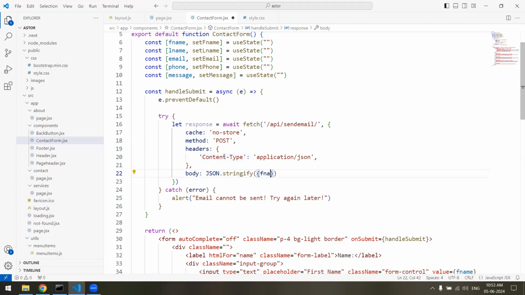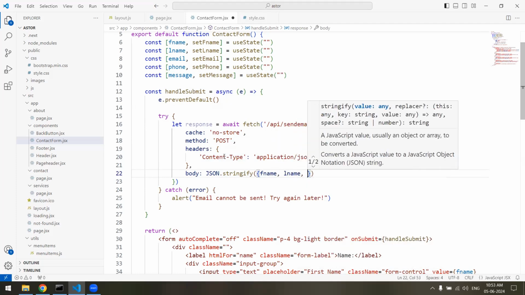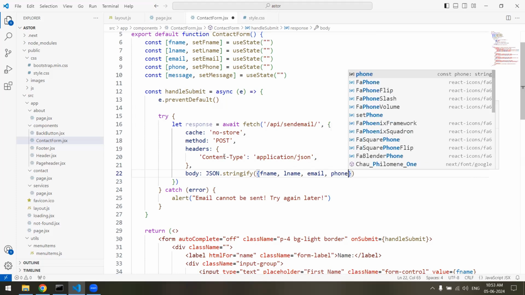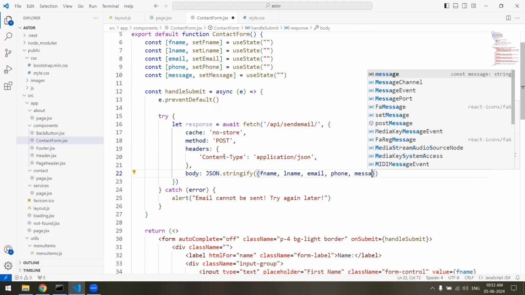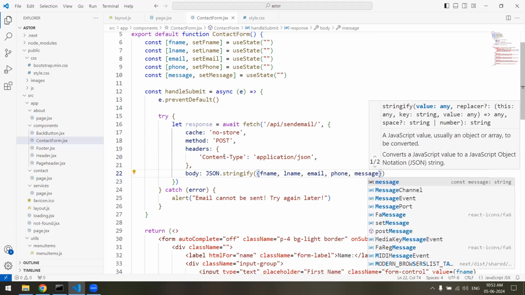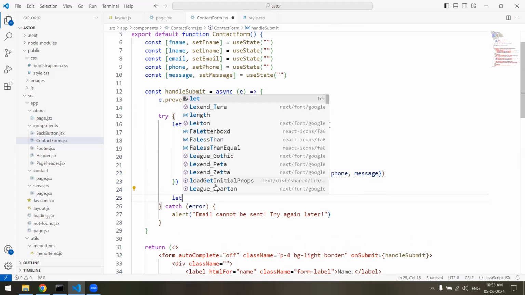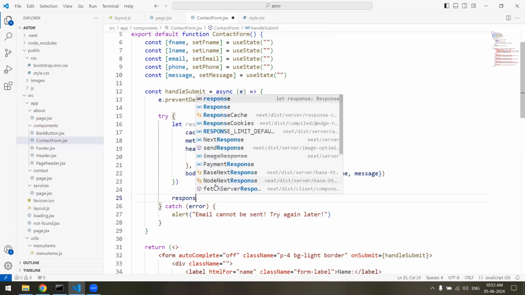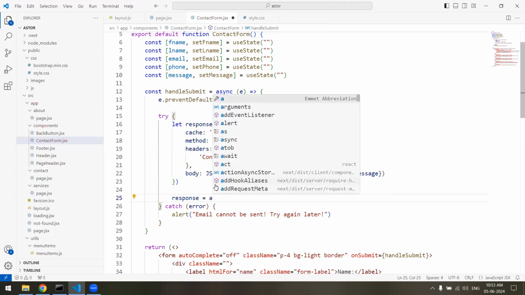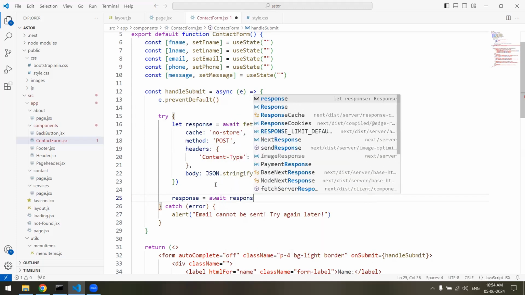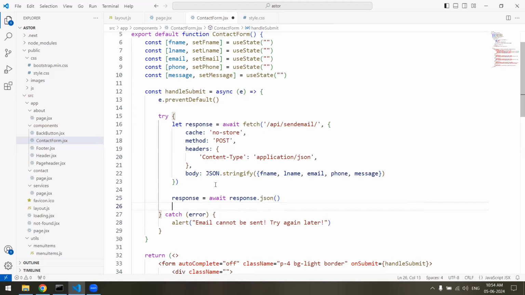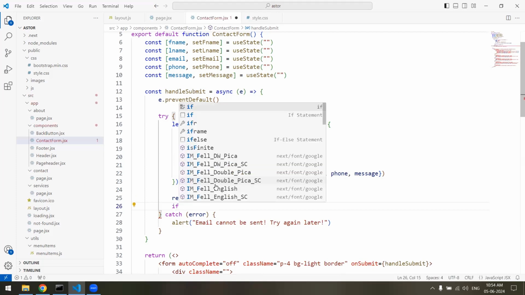So we'll write fName, lName, email, phone, and message. We have passed the data, and we'll check if well, first of all, response is equals to await response.json. So we'll try to get the response in JSON format, and after that we'll check if